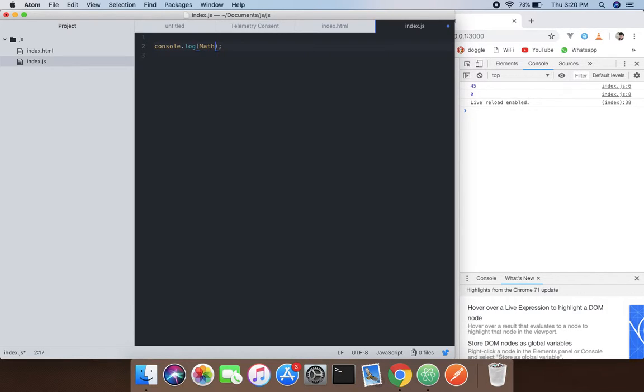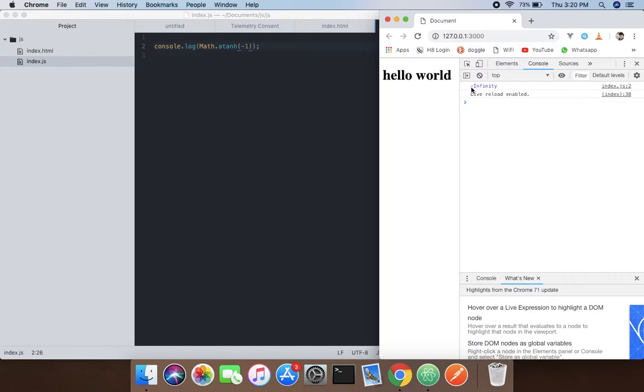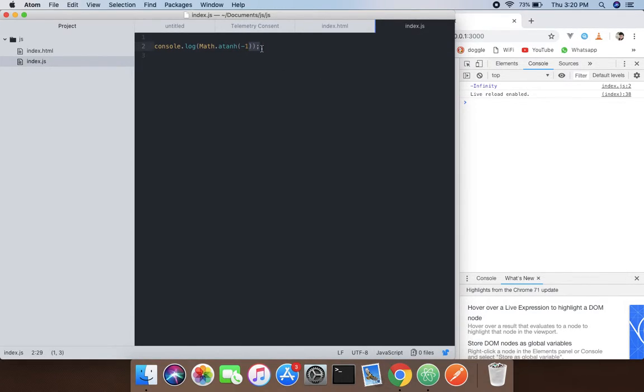object, and what we're gonna do is use the tanh method and pass -1. It has an answer of minus infinity. So next stuff we can do is